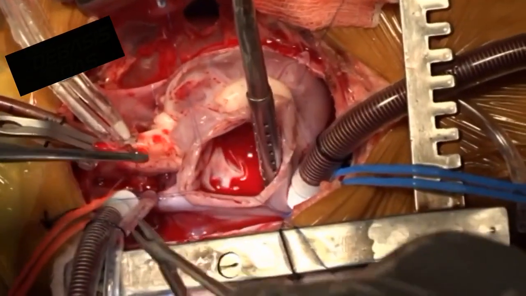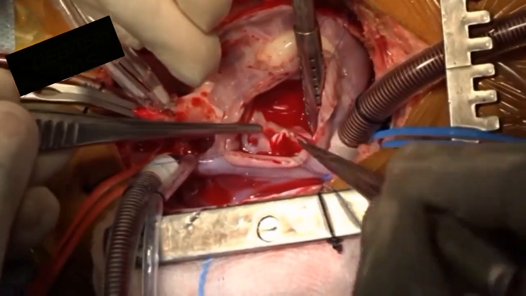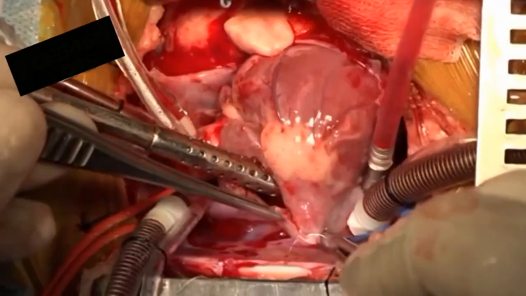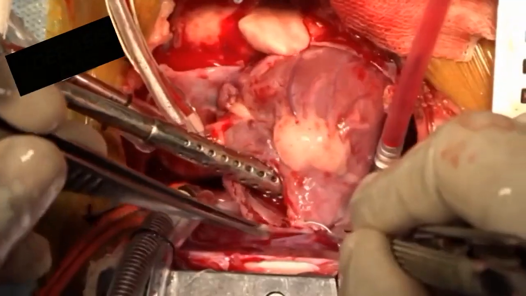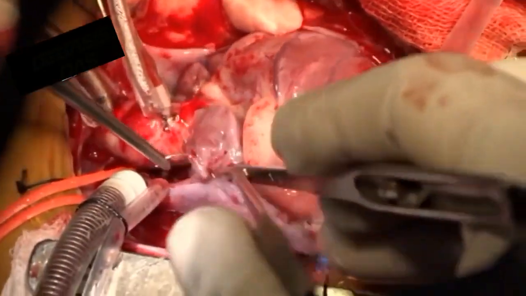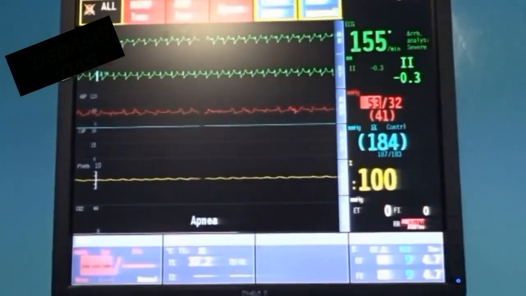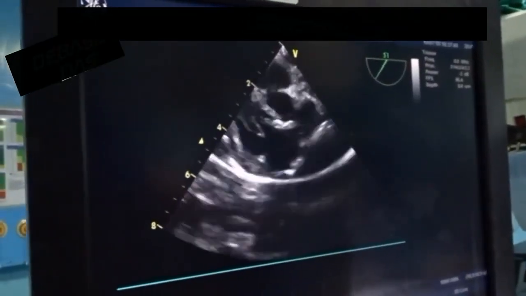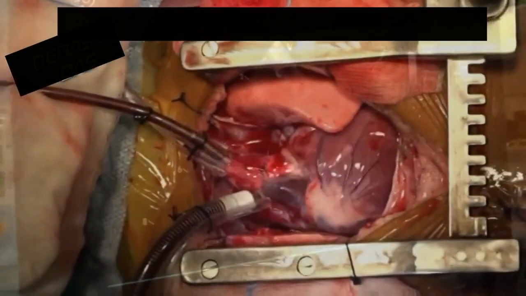The tricuspid valve is assessed and the PFO is then closed with a single polypropylene suture after de-airing. The cross clamp has been released, the heart has started to beat, and at this stage the right atrium is closed in a single layer with 6-0 polypropylene sutures. The patient is gradually separated from cardiopulmonary bypass,